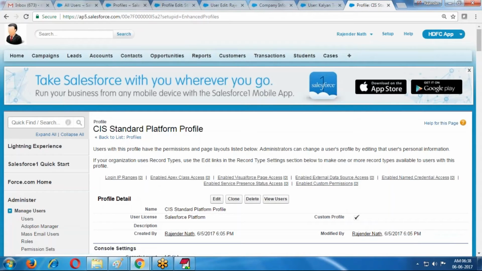Only some of the tab settings we can change, but each and every setting is not possible to change. If it is a custom profile, you can change the complete permissions. Okay, so by using this, I created the CIS standard profile.